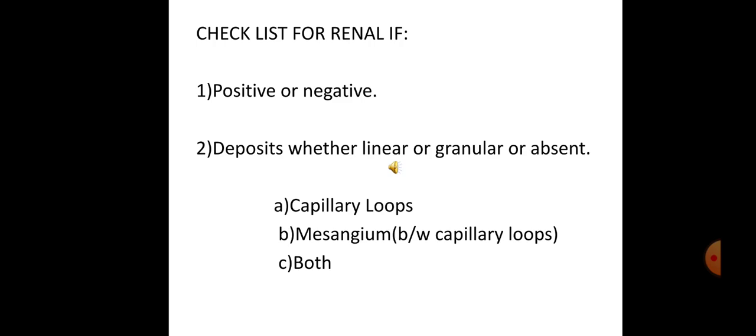There is a checklist for renal immunofluorescence. First, we note whether deposits can be seen on renal immunofluorescence, such as immune complex deposits or antibody deposits. And the deposits, whether linear, granular, or absent, can be seen on the capillary loops, mesangium, or both. That is, these linear or granular deposits can be seen around the capillary loops, on the mesangium, which is the location between the capillary loops, or